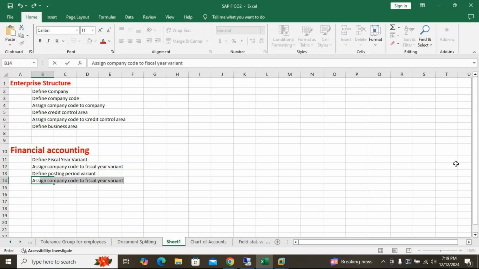Then assign company code to fiscal year variant. Sorry, assign company code to posting period variant.